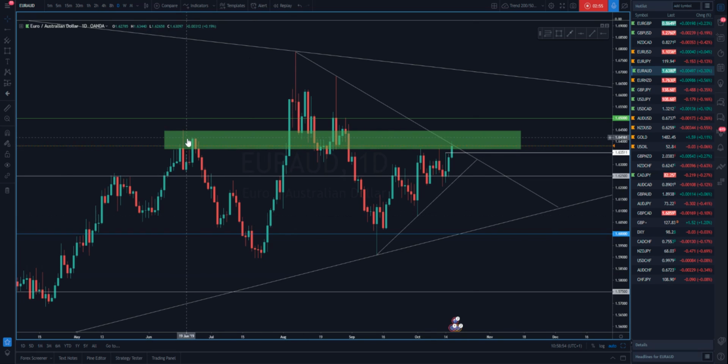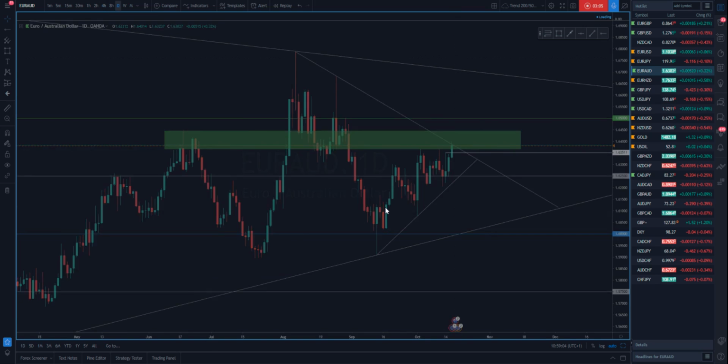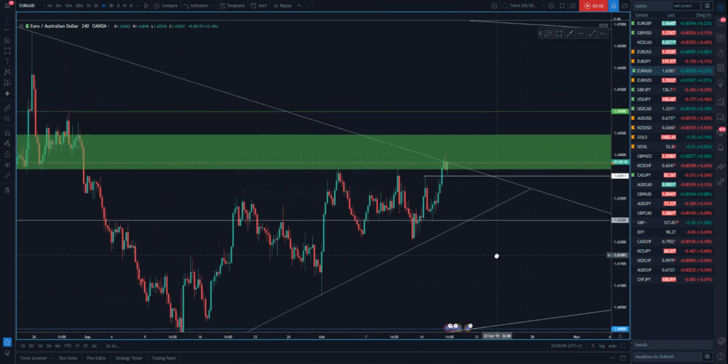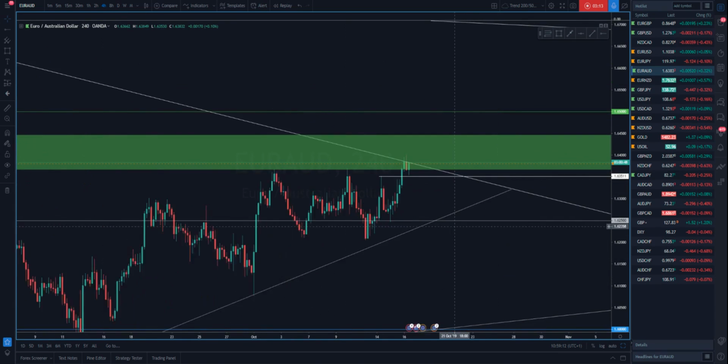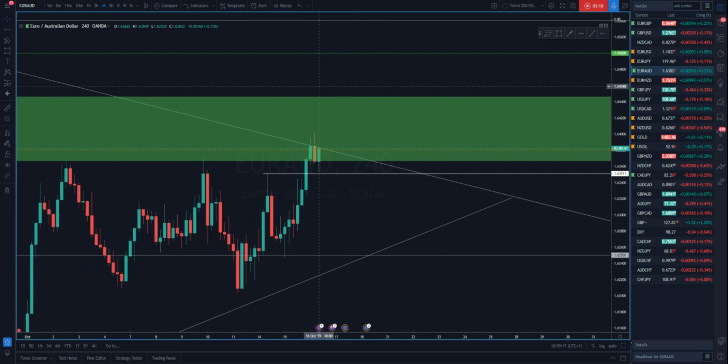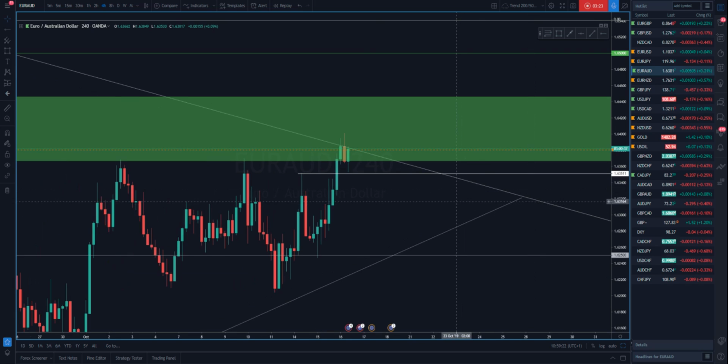What we've got here is a nice head and shoulders formation forming. We've got the left shoulder, the head, and the right shoulder. Then if we zoom in on the lower time frames, here's the 4-hour time frame. We don't need to look to the left now. We know there's a head and shoulders formation occurring, so we can focus in. We can zoom right into this area. We know this is a trend line, and this is a trend line. What we're interested in now is what price is doing at this area.